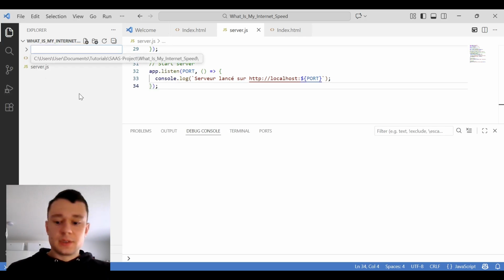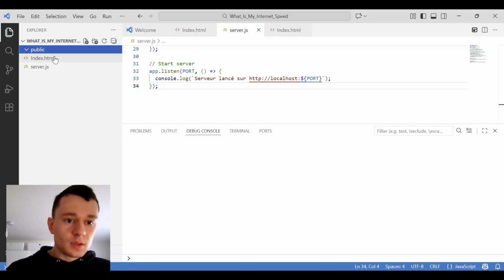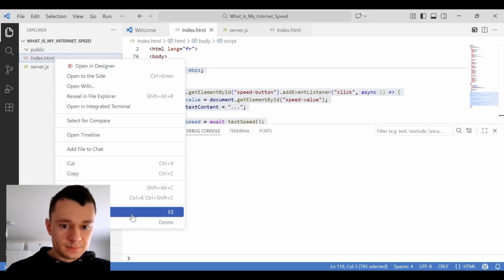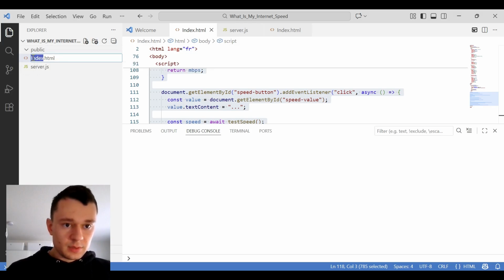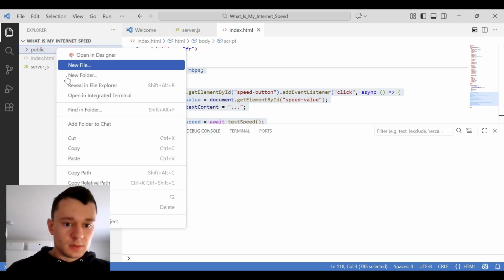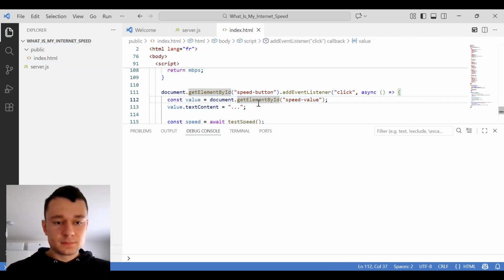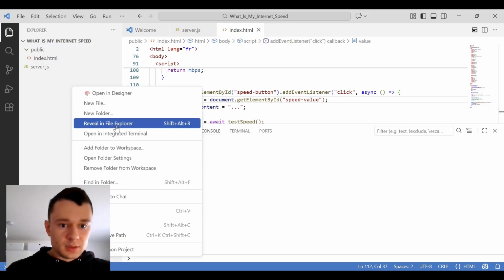We need to make a new folder public. And I think we need to rename it index and cut this into this one,